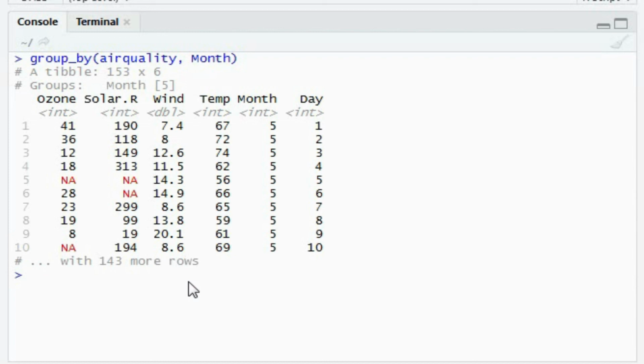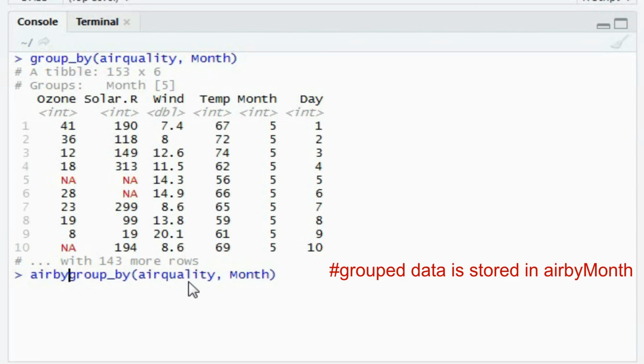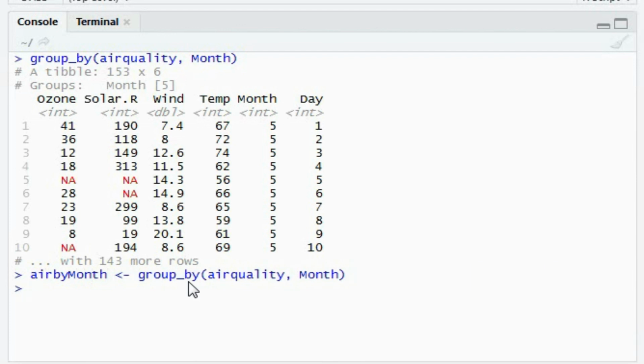So now if I apply a summarize operation on this grouped data, it will be easy to understand. Let's store it into one object called, say, year_by_month. So if I apply a summarize function on this year_by_month, say again I want to evaluate, suppose, the max of wind.